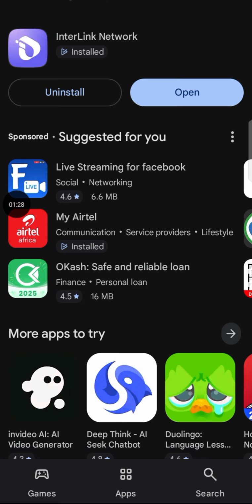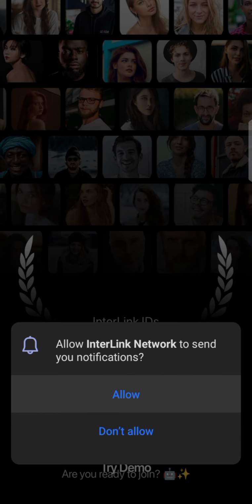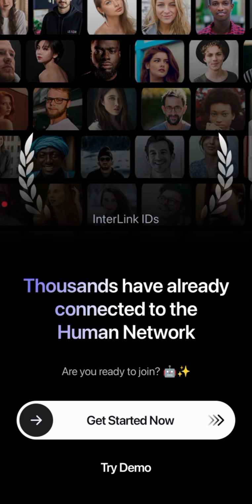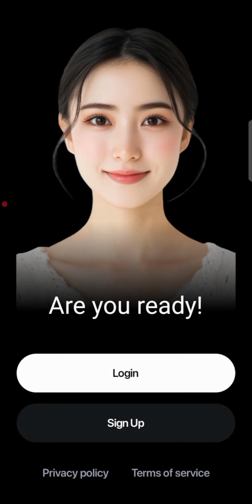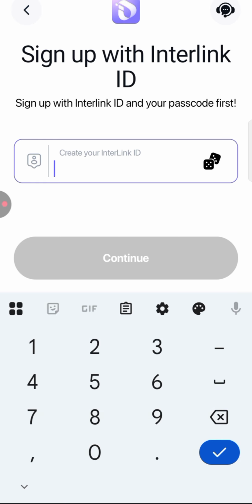Okay, once you finish installing the app, you click on open to launch the app. All right, so let's launch the app. I will try my best to make this video very short. I'll try to be fast in everything I'm doing here, and the network should be in our favor. All right, allow this, then get started. Now sign up. This is a fresh new account, so let me sign up.